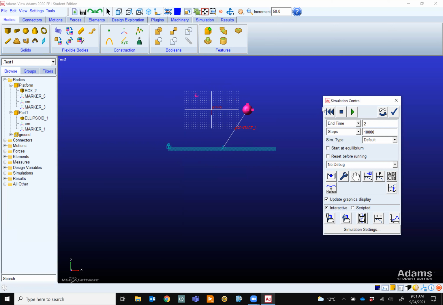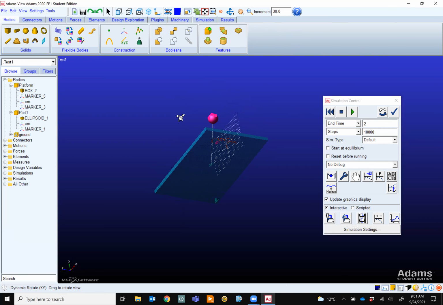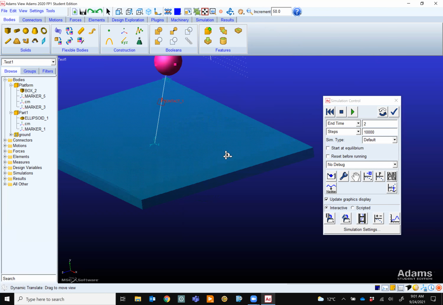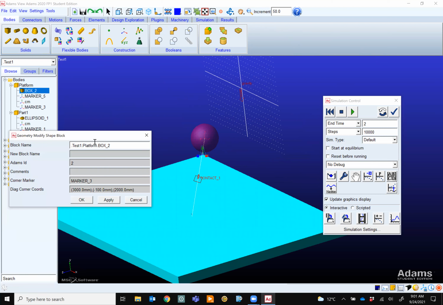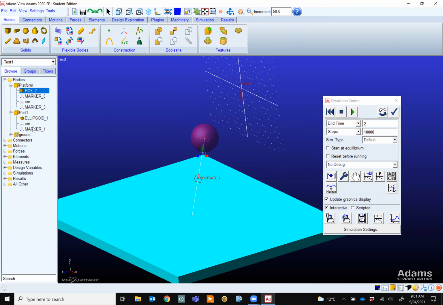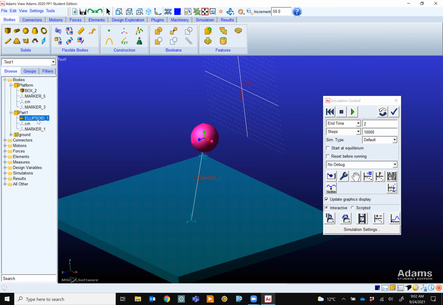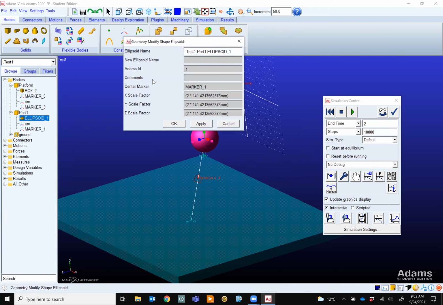But so far, let's summarize. You can create something, you can change its position, you can control its mass property, and you can control its size, right? Let's say you'd like the size of this sphere to be bigger. You know how to control the size of that box, you saw we made it bigger. The same with this sphere. You can right click on it and say modify. Not the platform, sorry. On this guy, part one, modify.